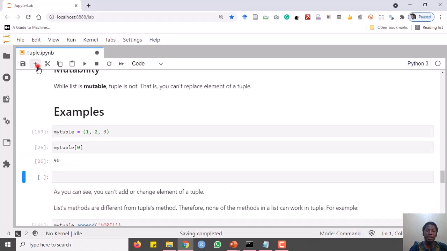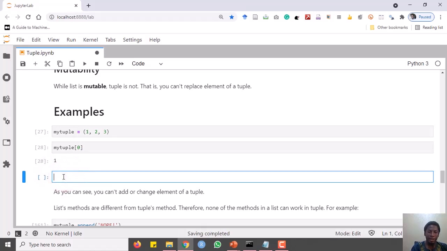But if I want to replace this, let me run it. As you can see, the value of 1 has index 0, and that is it. But let's say I want to replace that. My tuple, say 0, and I now say it's equal to 9. Immediately I want to replace this one with 9,